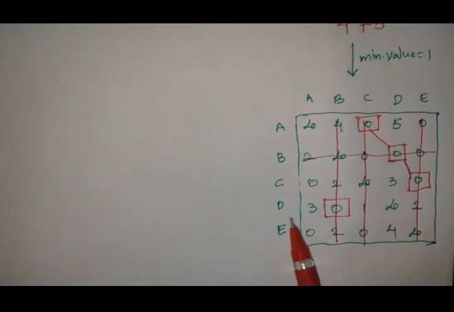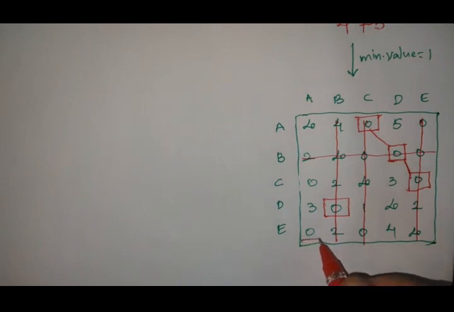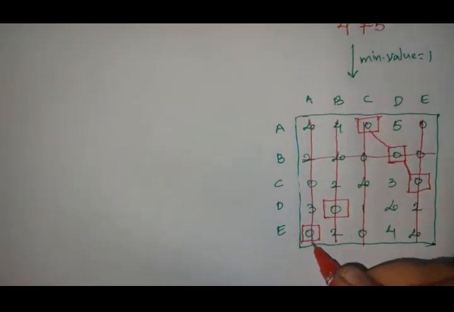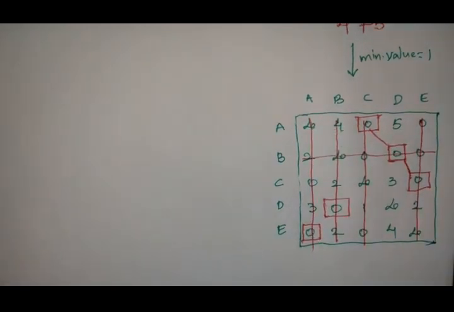Next, in the fourth row the assignment was already done. In the fifth row, how many zeros are there? Now only one zero. This zero was already cancelled. So I am doing this assignment in row scanning. So strike off that column. Now you check whether all zeros were covered with the lines or not. So here the non-covered values are 5, 3, infinity, 4. So all zeros are covered with the lines.